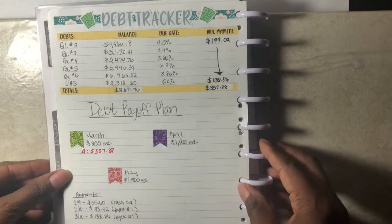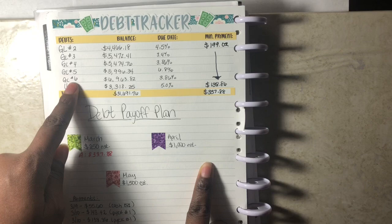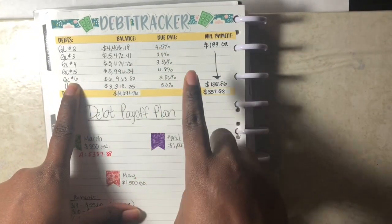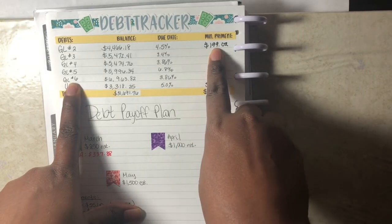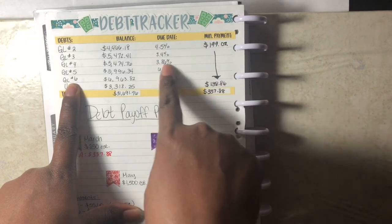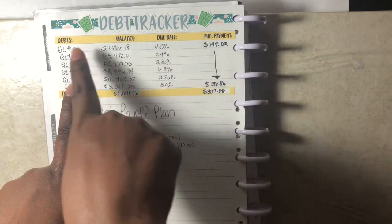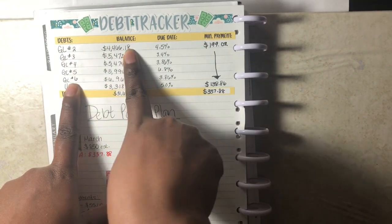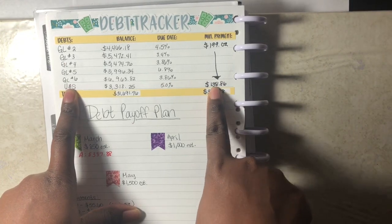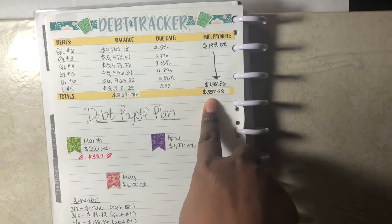Next, for my debt tracker, for my Great Lakes loans, number 2, 3, 4, 5, and 6, all of those loans are grouped together when you make a payment, and I made a total payment of $199.02. Some of this money went towards interest for all 5 loans, but a bulk of this payment went towards Great Lakes loan number 2 as a targeted payment. And then for UAS, I had a standard minimum payment due of $138.86 that I did pay, which gives me a total of debt paid for this month of